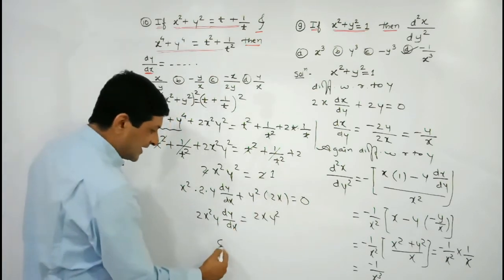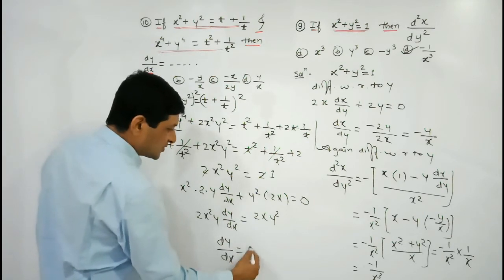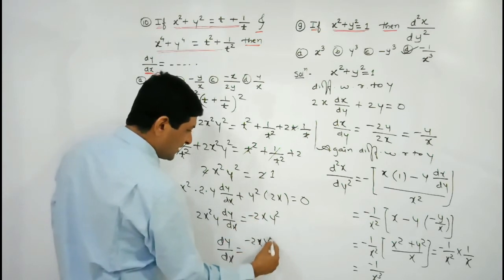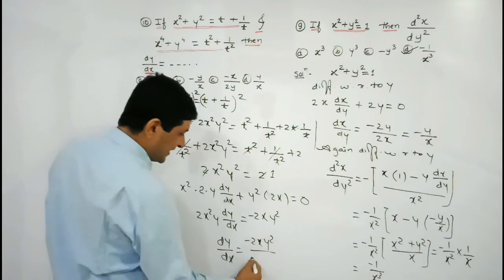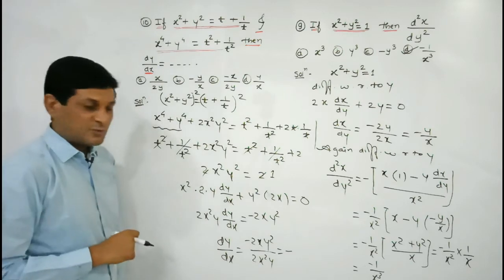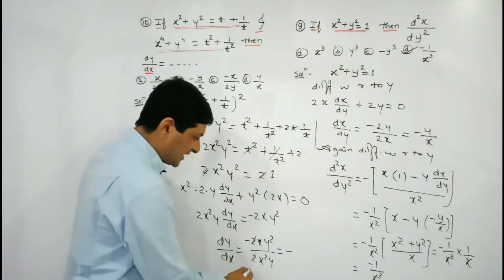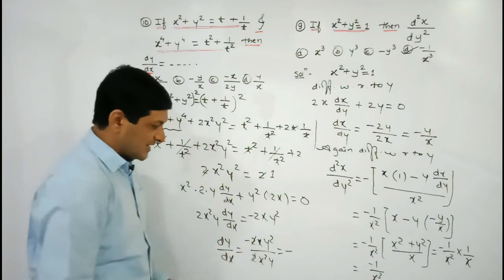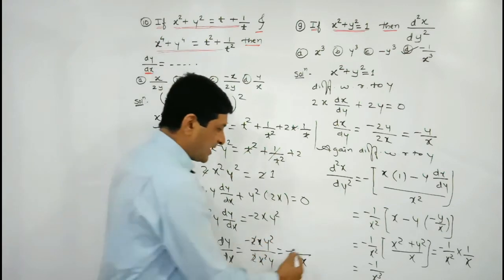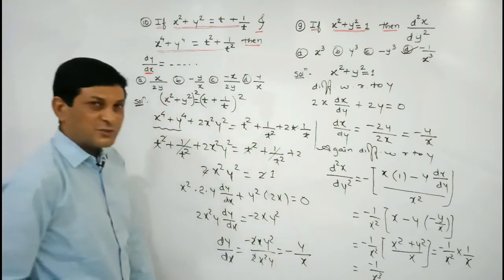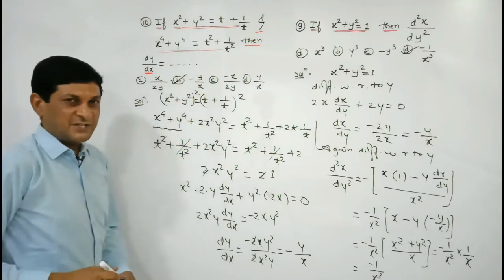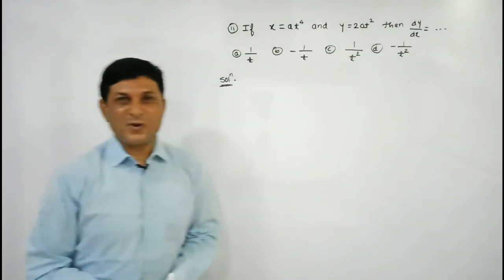Now we need to find dy by dx. So dy by dx will be equal to minus, this plus term on this side will become minus 2x y square, keep it as it is, and the term that multiplies here will come over and divide, 2x square y. So it is equal to minus, keep it as it is. Now check which terms will get cancelled. 2 and 2 will get cancelled. One x from here and the x here get cancelled, so x remains in the denominator, and one y from here gets cancelled, so y remains in the numerator. Meaning the value of dy by dx will be equal to minus y by x. So minus y by x will be our required derivative.